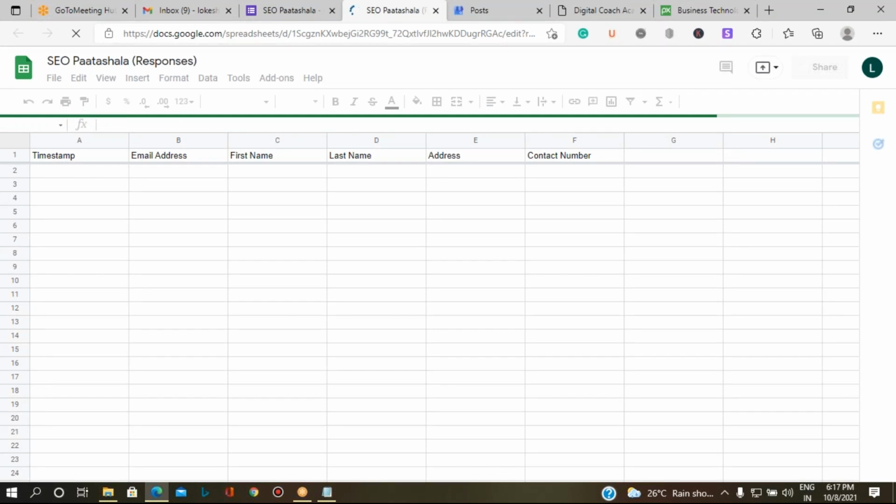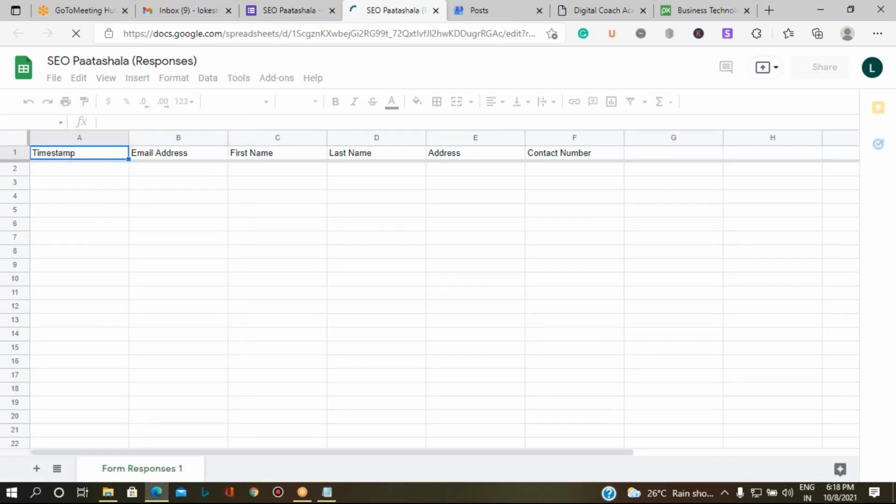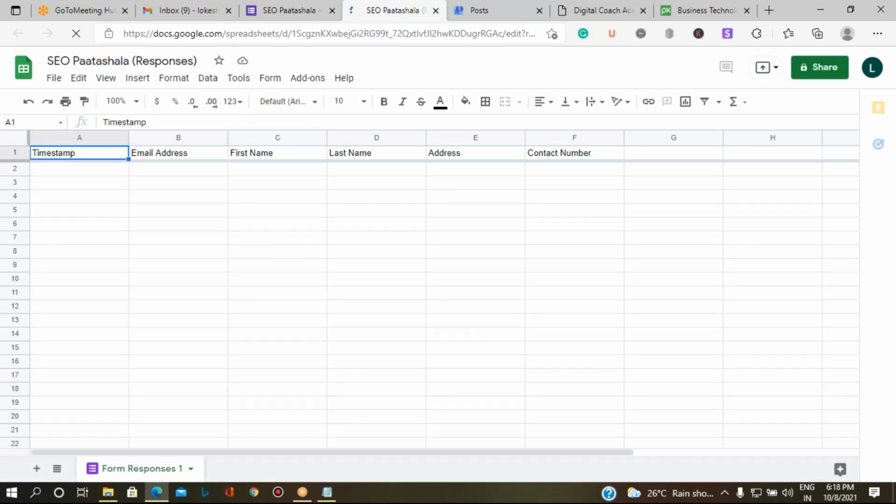Whoever fills up that particular form when they visit our business page, all those details are going to be saved in this Google spreadsheet. So this is how you create a report to track it.